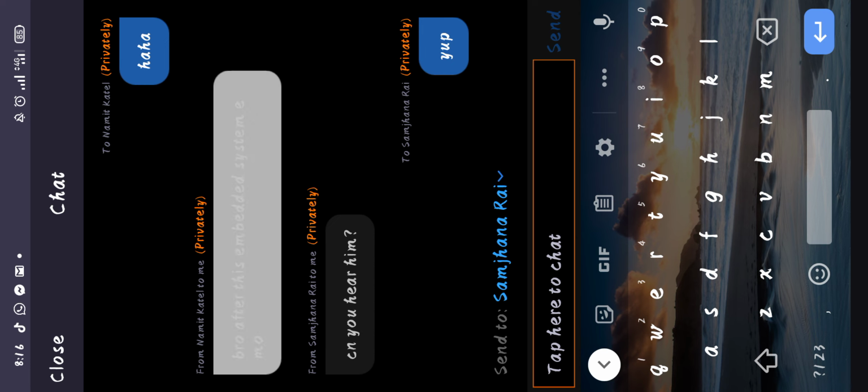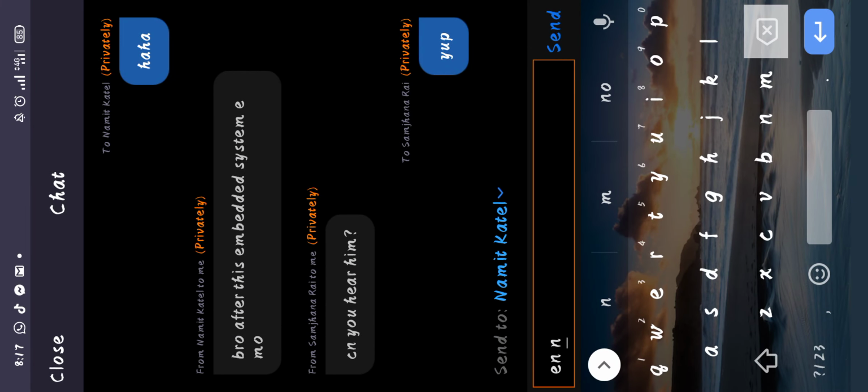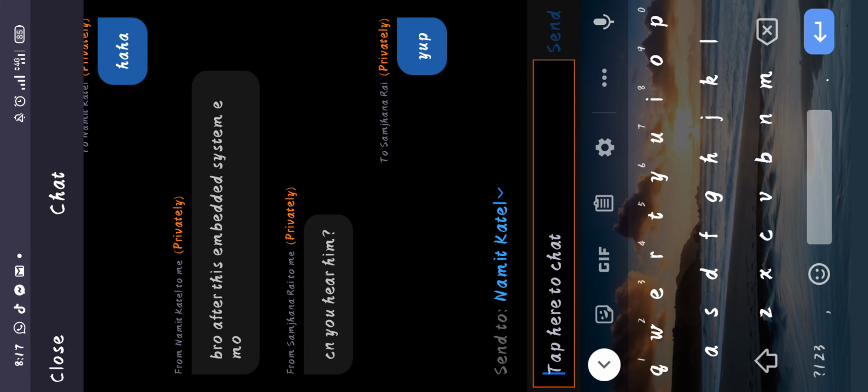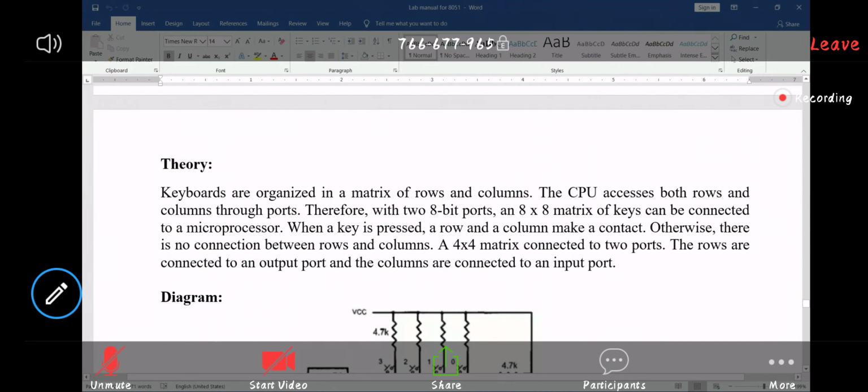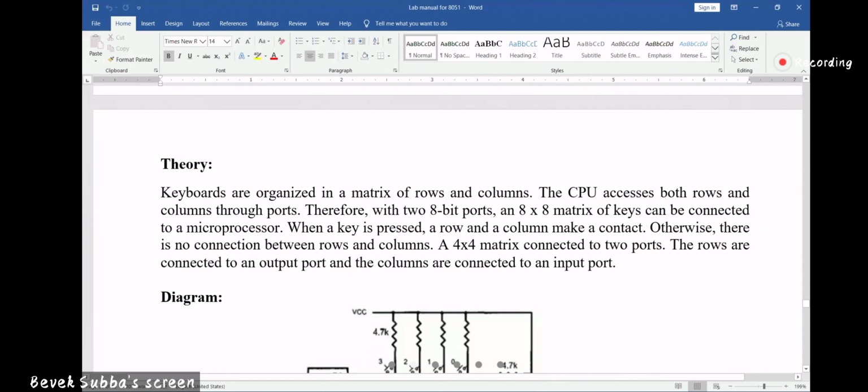So keyboards are organized in a matrix of rows and columns. Okay. The CPU accesses both rows and columns. Therefore,